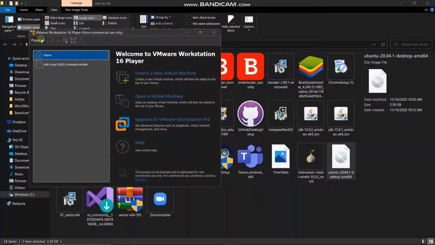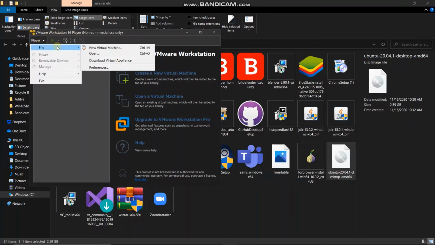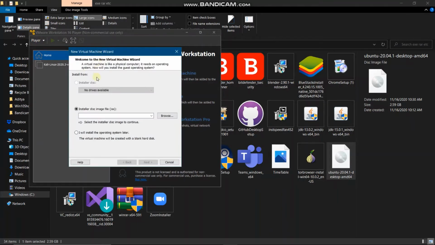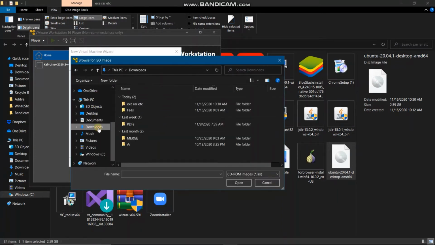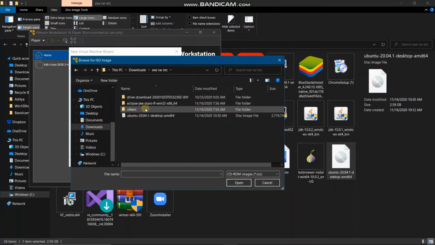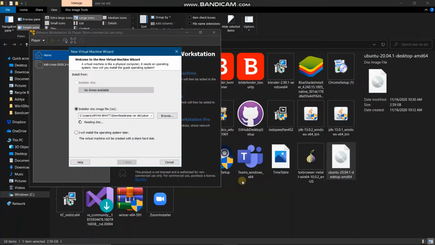Now let's go to player, file, new virtual machine or Control N. Let's browse the file. I saved this in downloads. Here it is. Now next,